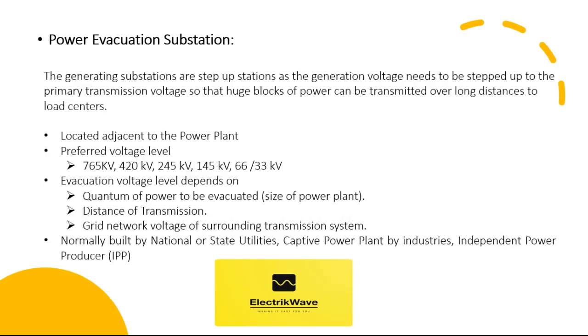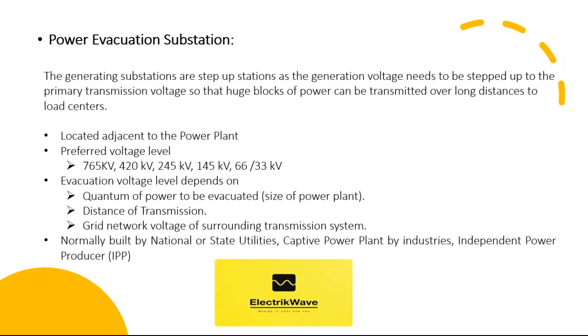Let's understand power evacuation substation. The generating substations are step-up stations, as the generation voltage needs to be stepped up to the primary transmission voltage, so that huge blocks of power can be transmitted over long distances to load centers located adjacent to the power plant. Preferred voltage level 765 kV,